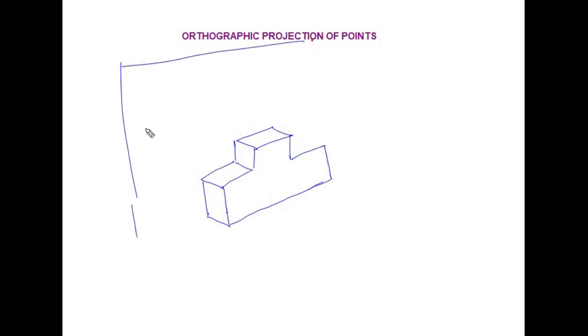Let us say I take an object like this, a three-dimensional object. For example, let us say I have an object like this, and then we have a plane, a projection plane, we call it as projection plane, and I am drawing some projectors. These are called as projectors, right? So from each end the contours of the object like this, and then finally I'll have the projection of this, something like this.